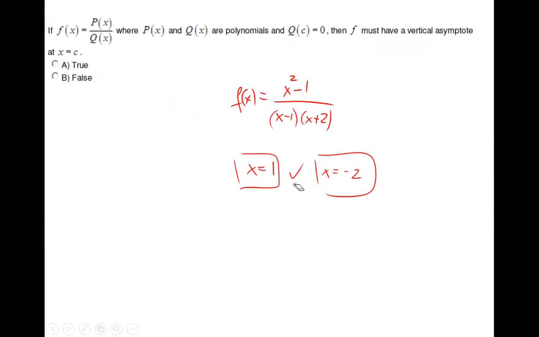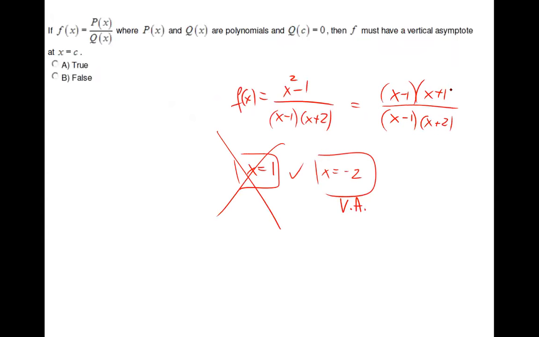Who can tell me this? Oh, come on. Okay, how many vertical asymptotes does this function have? Only one, and it's happening at negative 2. The one at 1 is not a vertical asymptote, because I have to factor out completely and cancel out. That means this is no vertical